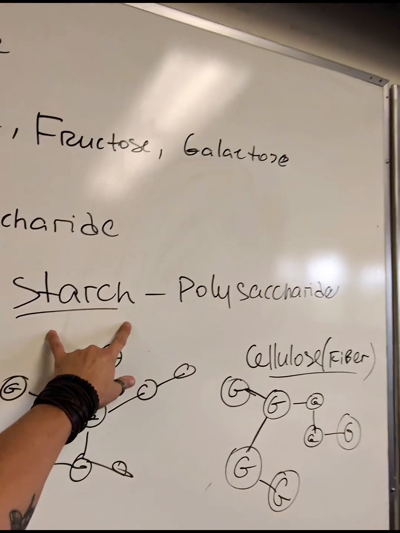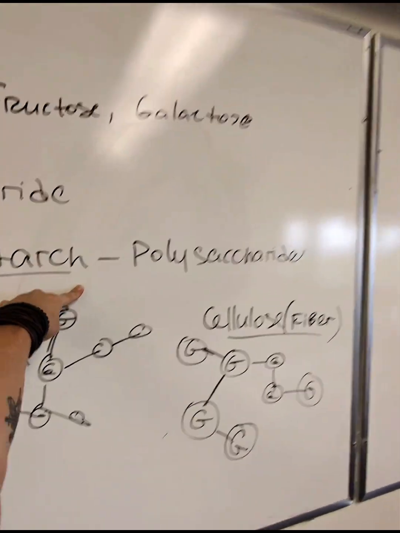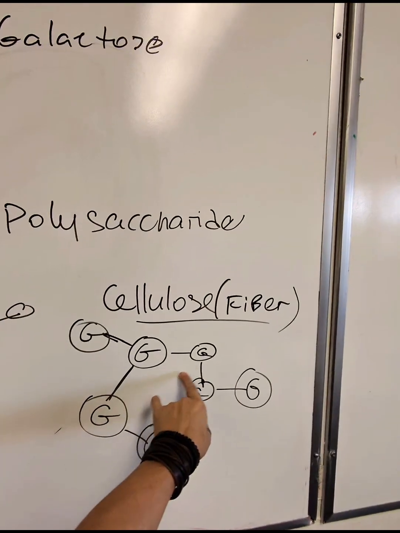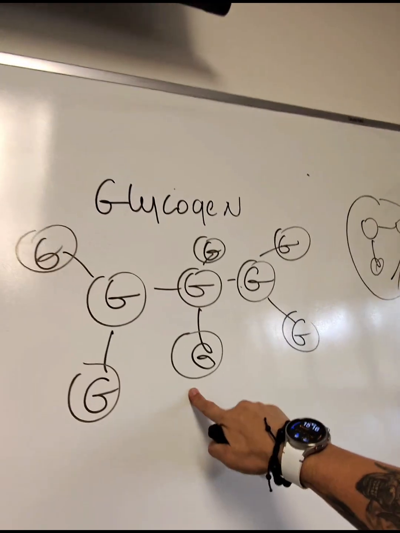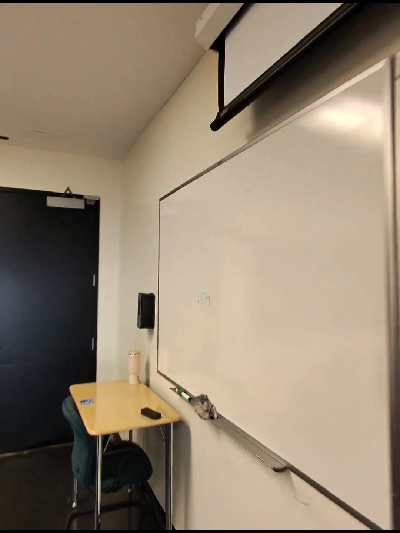So starch, we store it in the plants, but we can consume and digest this. And cellulose we're not able to digest just because we do not have a particular enzyme. And glycogen is just a form of sugar that we store in the system. So basically,